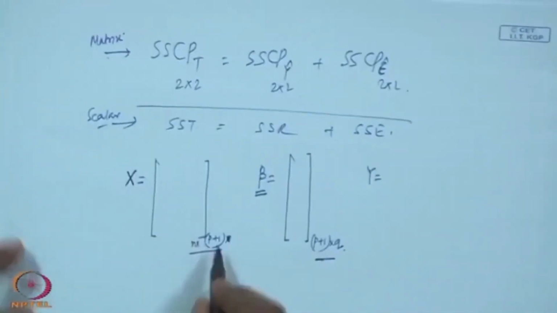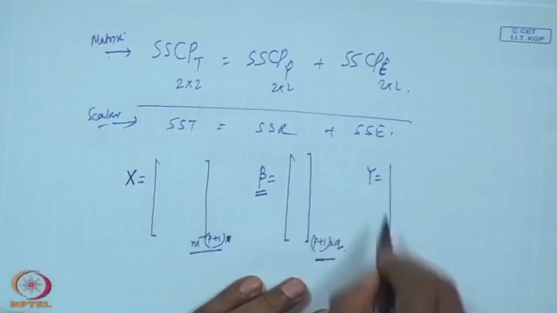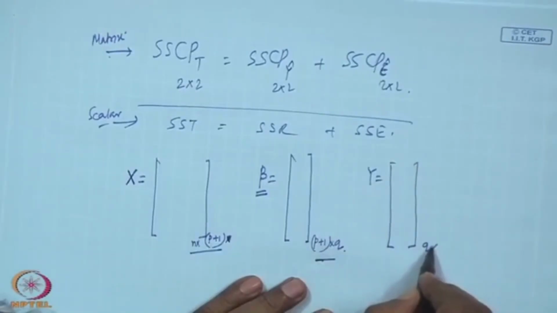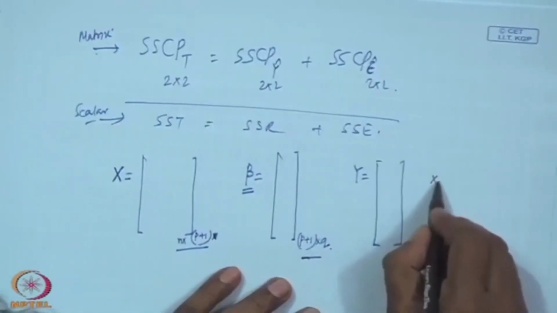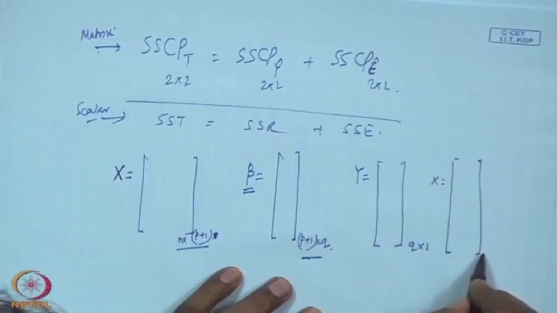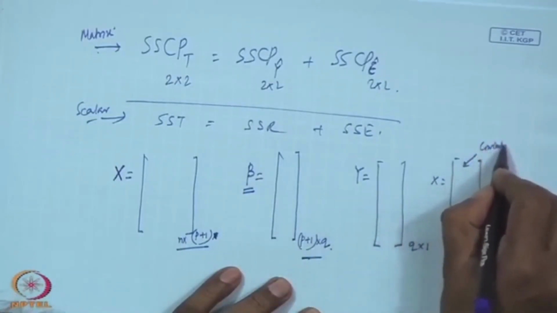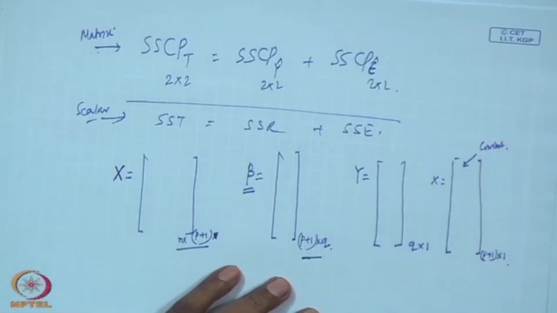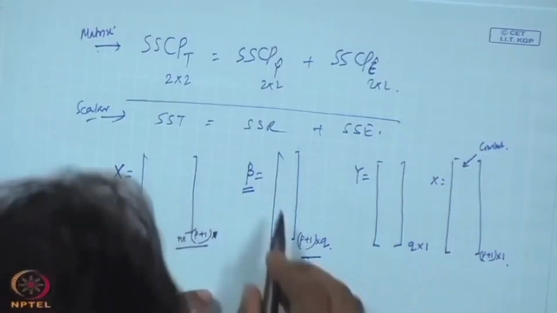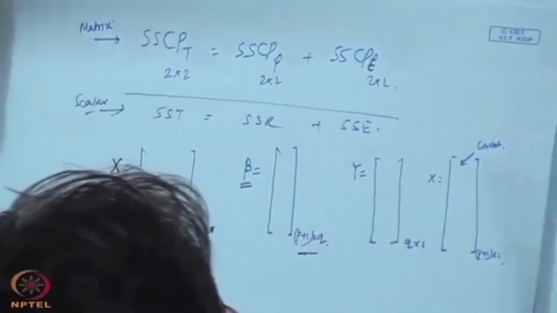If I go by variable only, y is having Q cross 1 variable, and x is having, including the constant, P plus 1 cross 1 variable. Okay. Now, if I write down here for the y variable, the Q variable case,